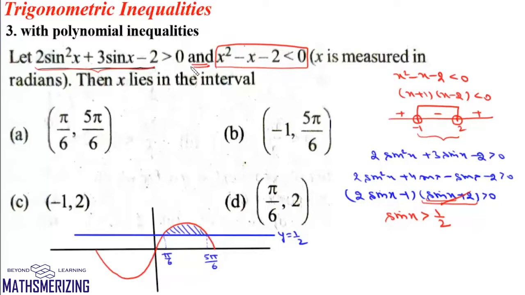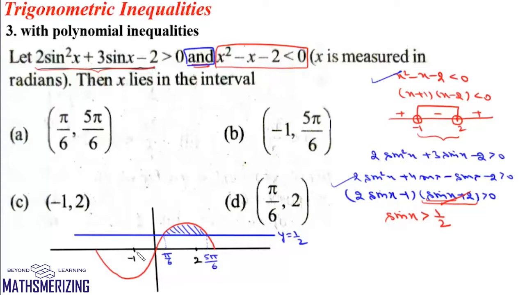Now we need the intersection of these two conditions. So that means we are looking for the values of x for which this first inequality holds as well as this second inequality holds. So we'll also mark the first one here. It is from −1, so say this is −1 and then 2. Now what is 5π/6? 5π/6 will be 5 into 3.14, so there'll be 15 point something divided by 6. So there'll be 2 point something. So 2 will lie somewhere here.